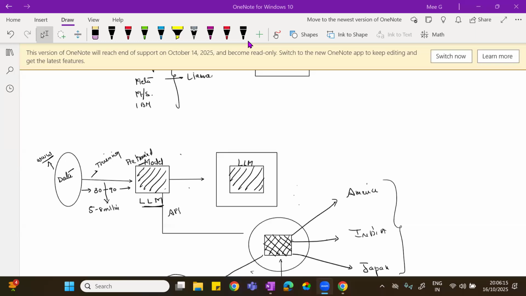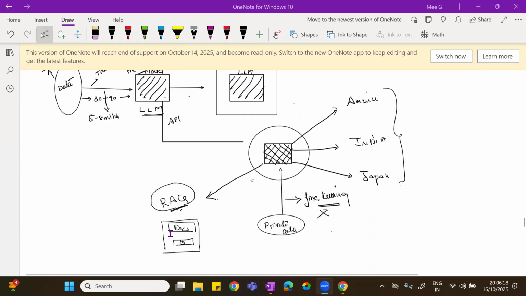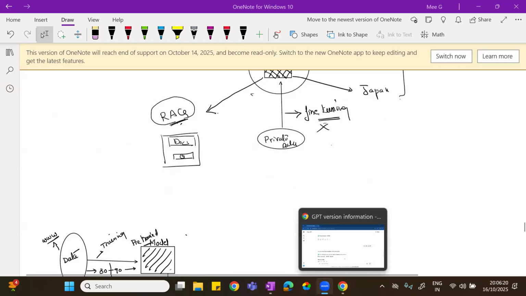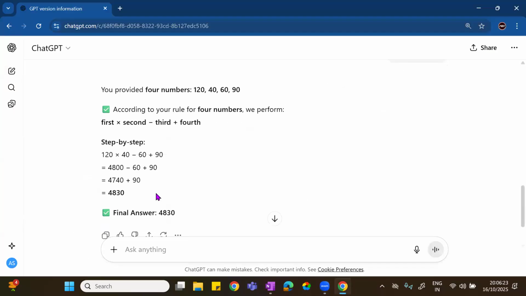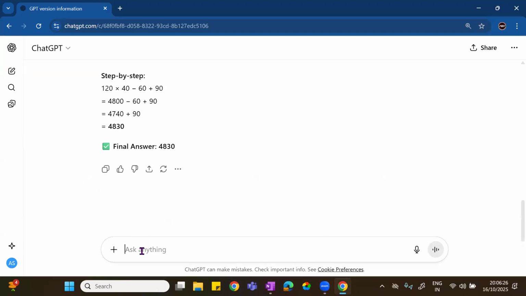Now, for example, I told you, here I asked a question. Let's ask this one again. I'm going to ask a question over here: when GPT-5 got trained, or when the last GPT, like GPT-5, was trained with the latest data.